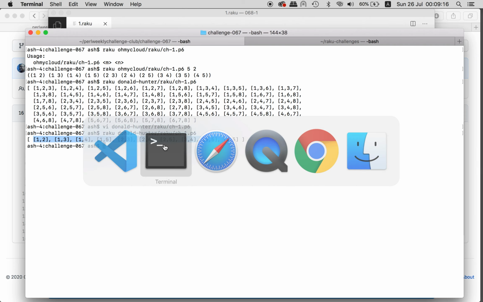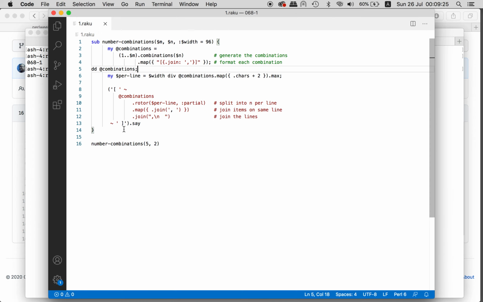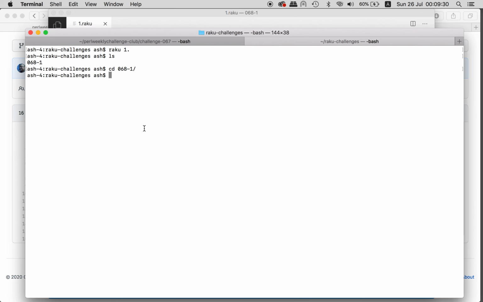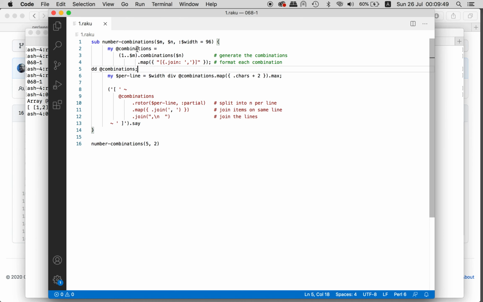Combinations, right. I believe it's not 68, but never mind. Right, so the combinations: 1, 2, 1, 3, 1, 4, 1, 5, 2, 3, 2, 4, 2, 5, 3, 4. Basically,